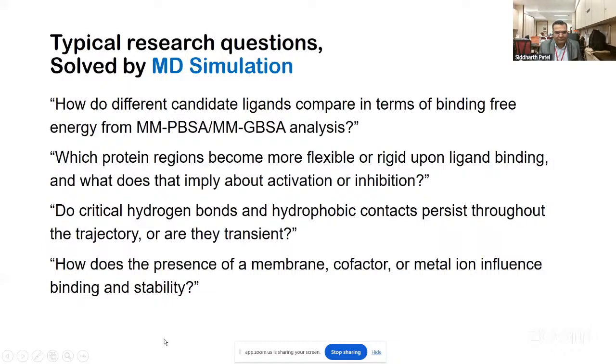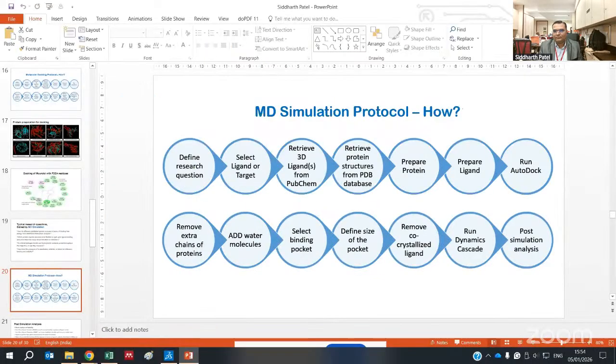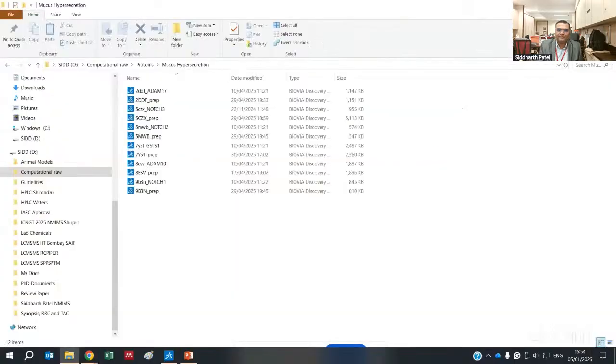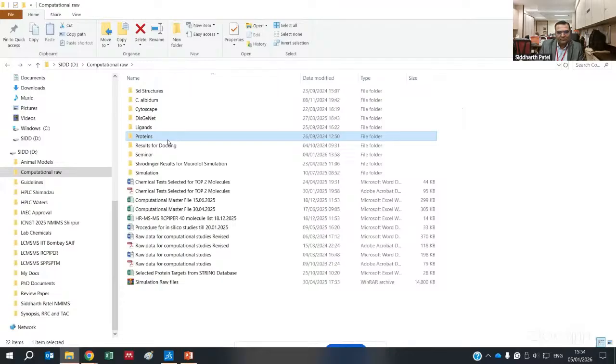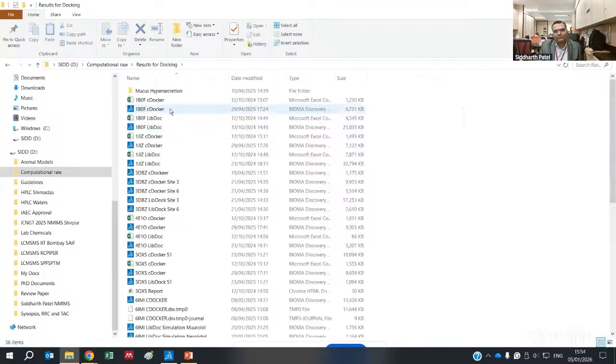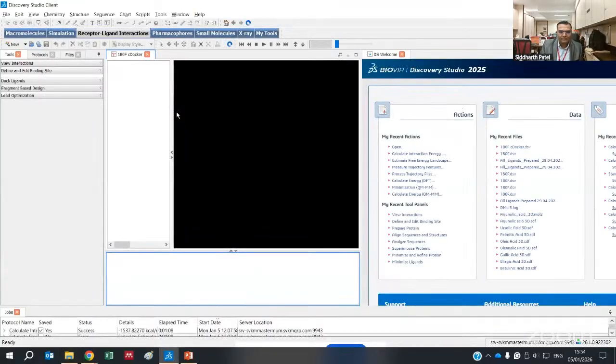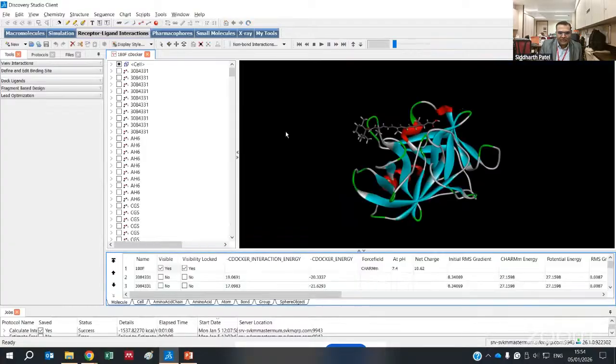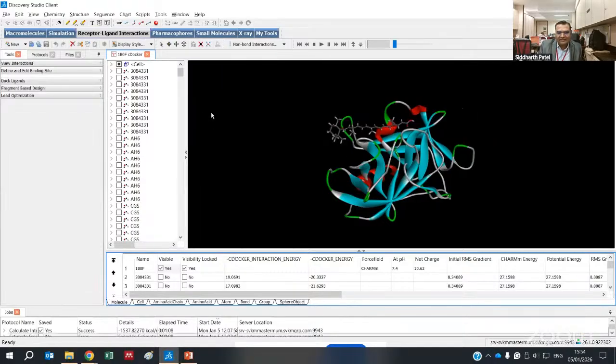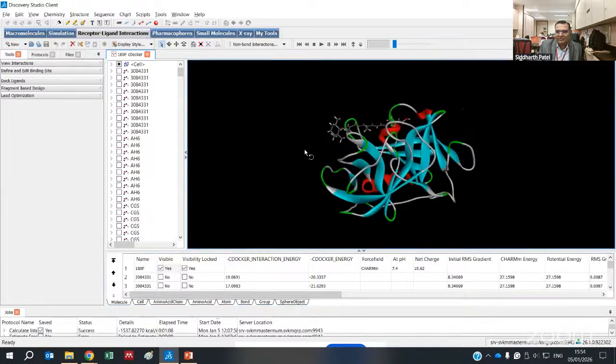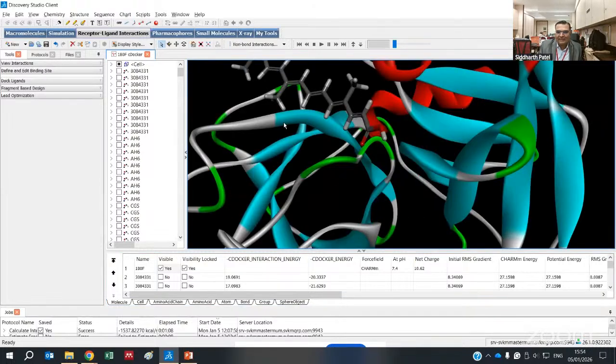Let me just show you the software. So here is the software. This is BioVia Client 2025. Our college has purchased this license version. You can see here,